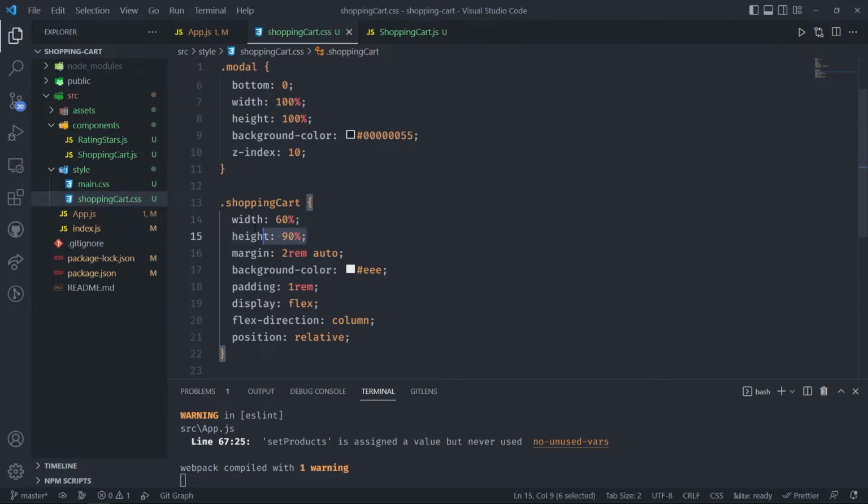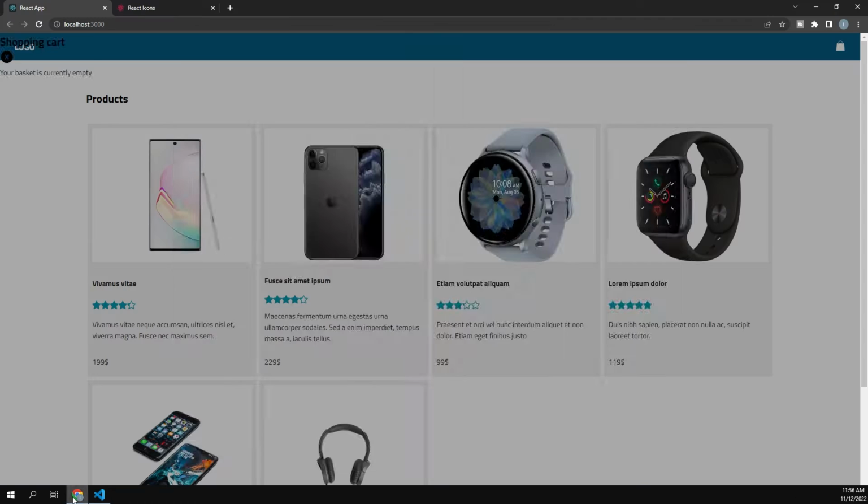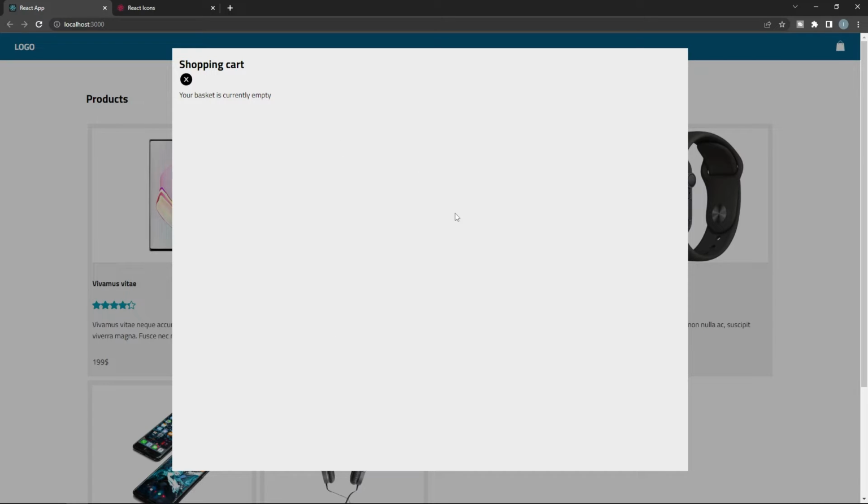You see we changed the width and height here, and we added the margin to the top and bottom, and we set the margin for the left and right to auto. Then for background color, you see I changed here, added the padding, and changed the display to flex, and flex direction will be column, so we can see the elements inside the shopping cart in one column. Then also change the position to relative. So now let's look at it. Here this will be our shopping cart,